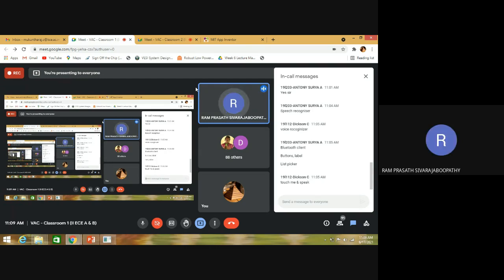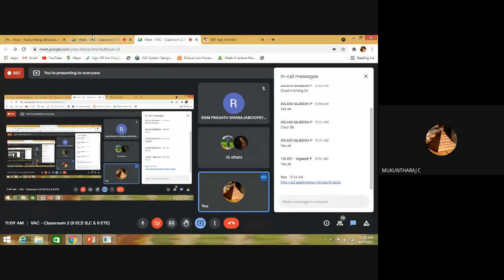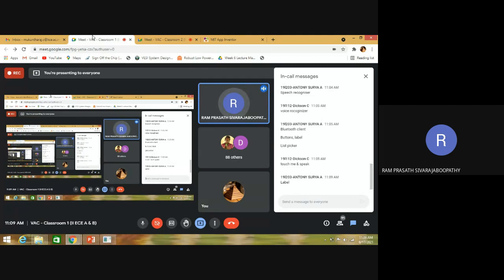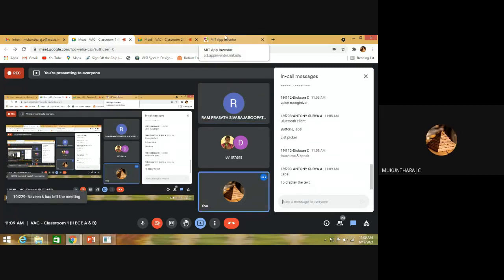See, what about the data it is sending? Any idea? The previous projects used it. Yes, label. Okay, label to display the text. Very good.